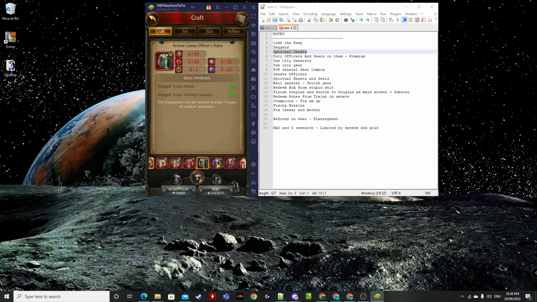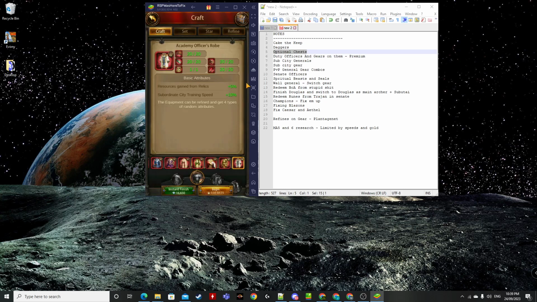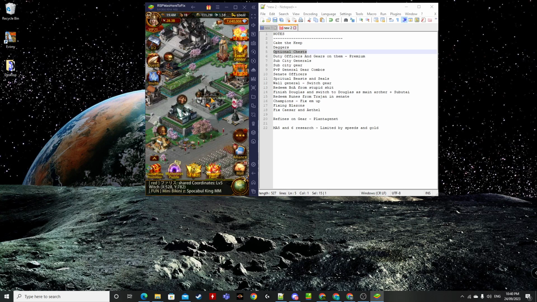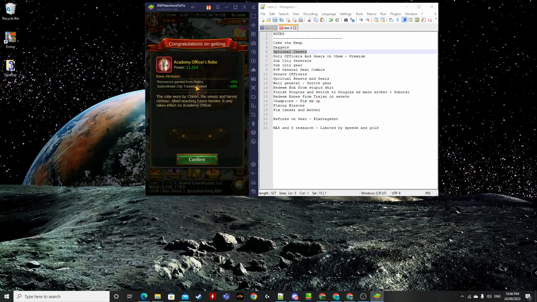So that's barrack, that's archer, that workshop, that's hospital. That probably needs to be crafted. Holy palace, stables. Is this an academy? So quick compose. Begin. Okay, so that's